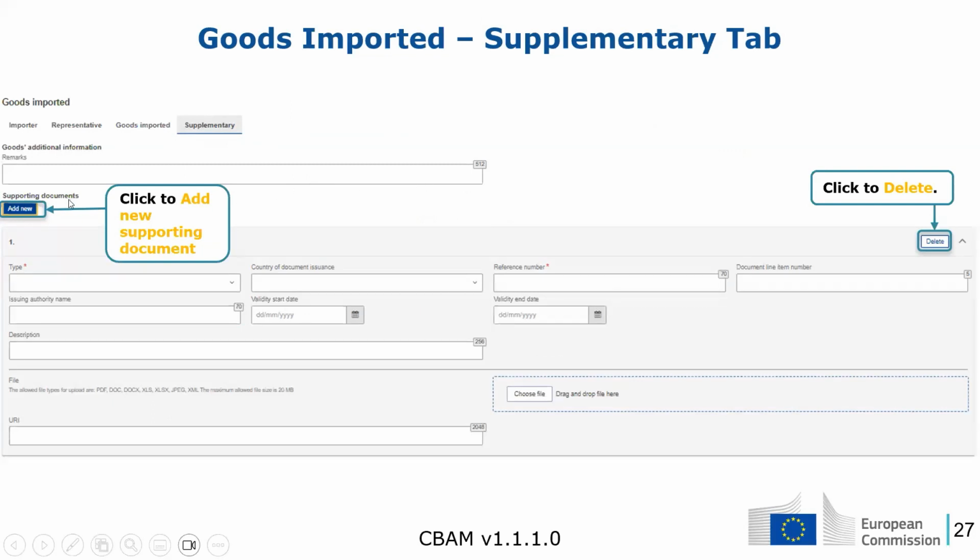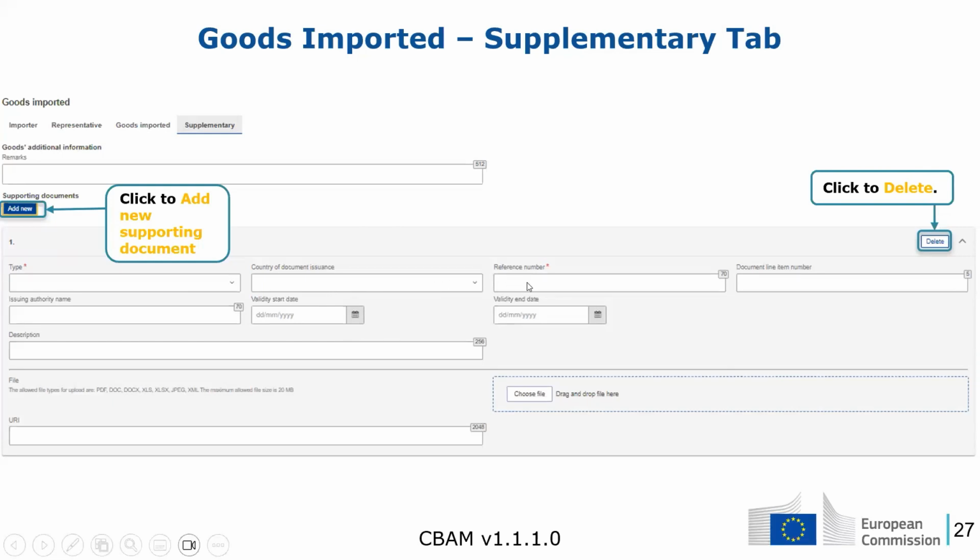And if we need to add supporting documents, we click on Add New, and we need to specify the type of supporting document that we want to add. It is advised to also add the country of document issuance.